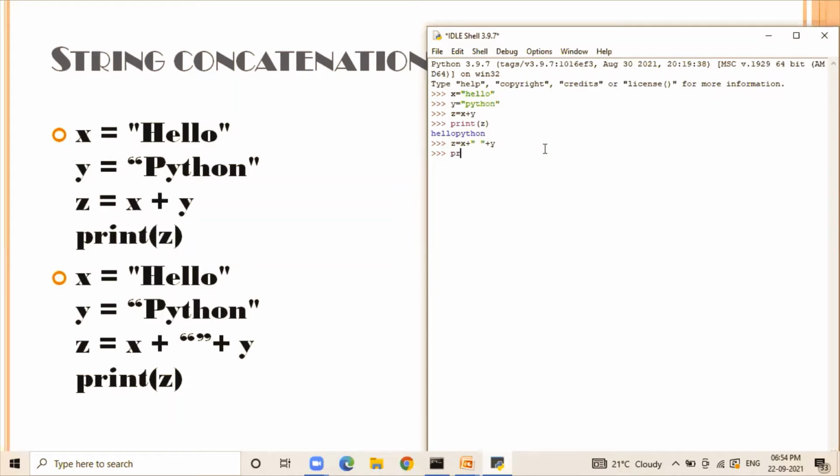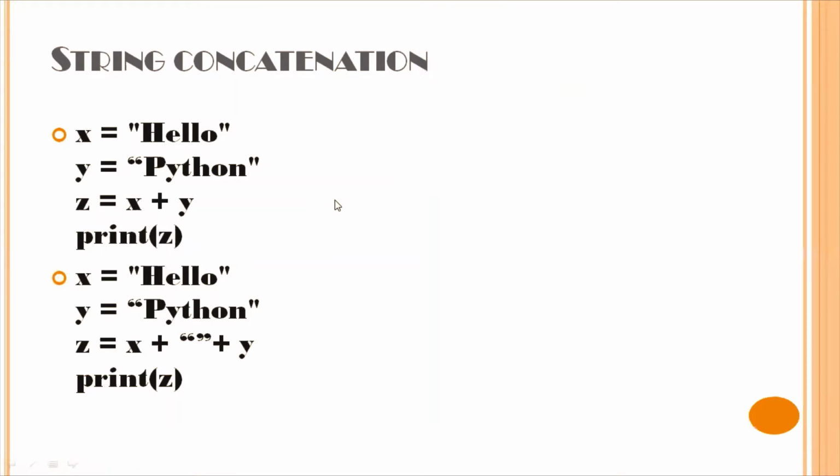Now when we print the value of z, it shows the concatenated string with a space between the two concatenated strings. So this is how string concatenation works in Python.